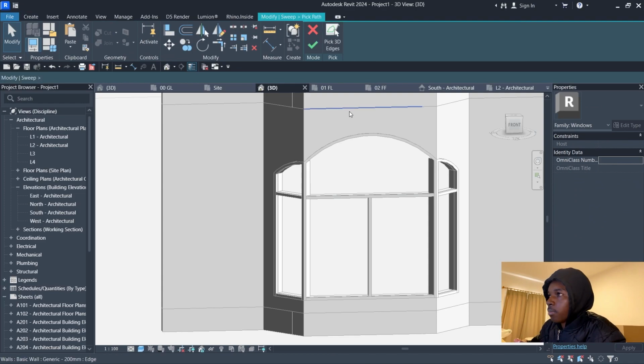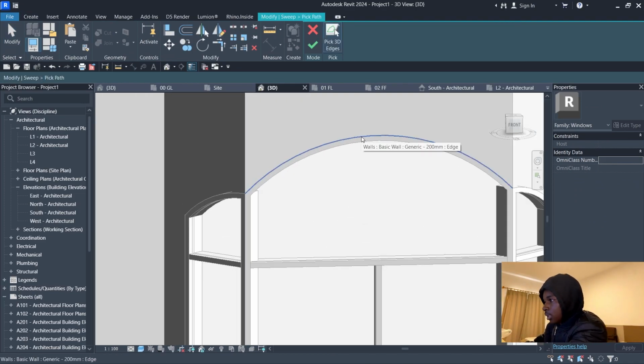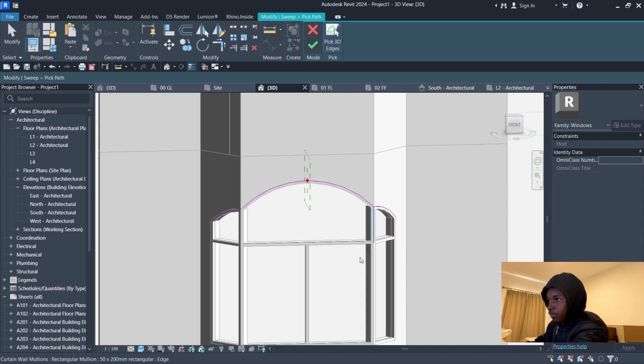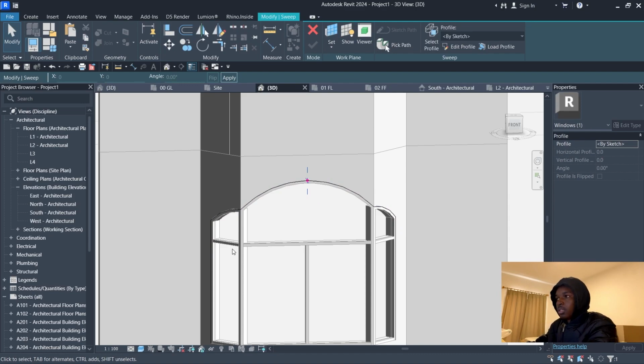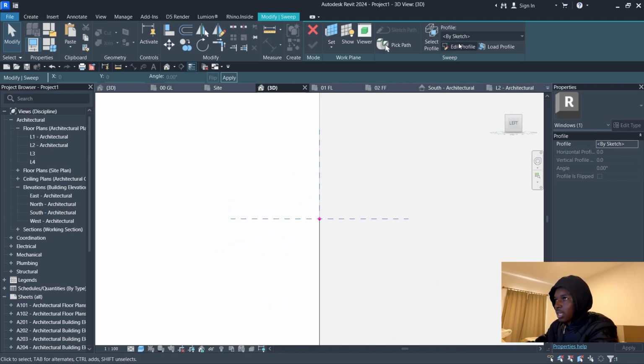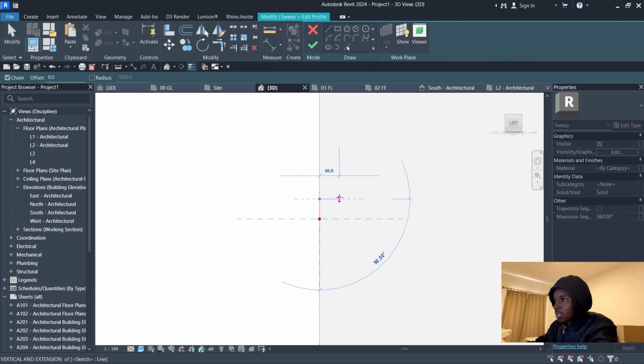Then sweep, pick path. So I'll just start through this. Now we have wall generic 200mm edge. Click that. That's fine. Then tab this until we have the wall. Tab, wall, cool. And these verticals, tab, wall, cool. Fine with that. Wall, okay. Now we don't have to draw this side separately and the top separately, because we spent that extra time fixing the mullions and all those things. So we have this, the profile is selected. Come to the left side, edit profile. I'll just have this 60, 60,